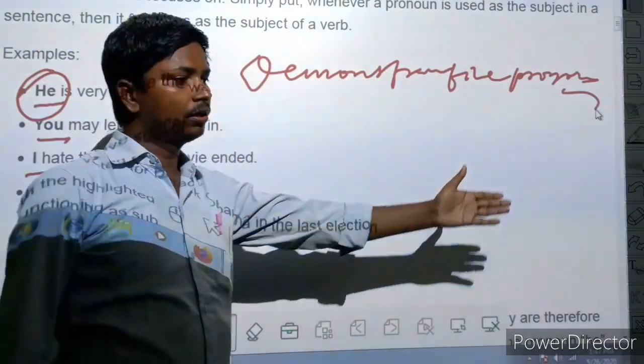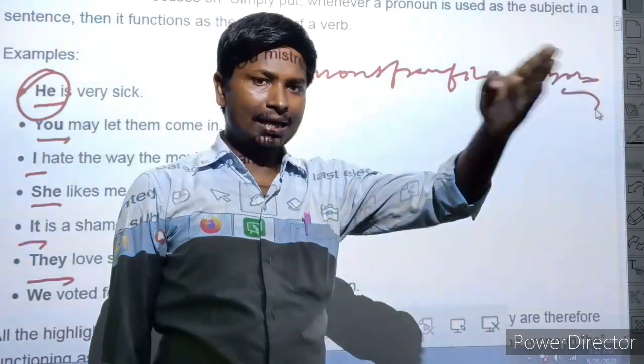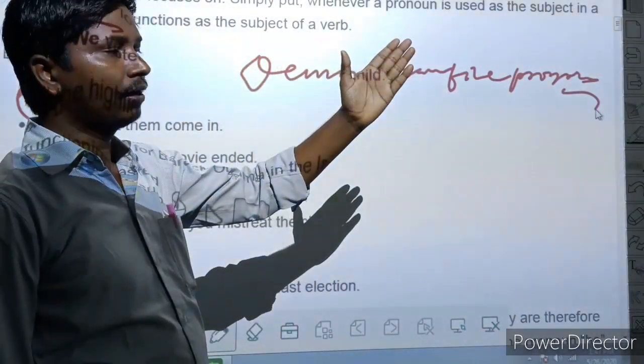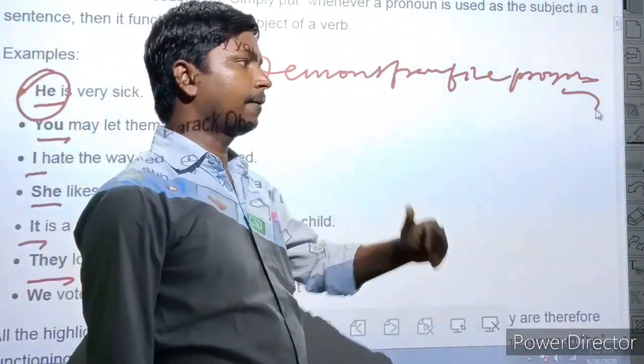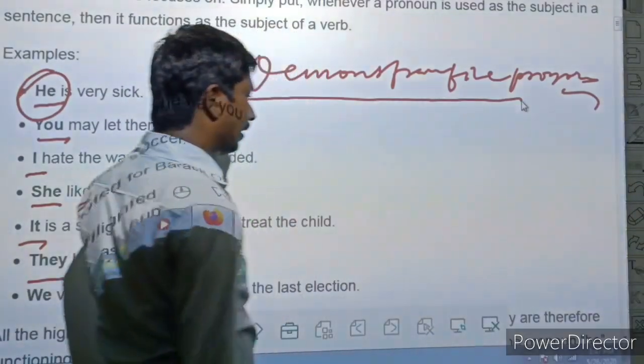that is the doll, this is the book, those are the boys, and these are the girls. When this type of sign is used by the speaker, then we use a demonstrative pronoun in the sentence.